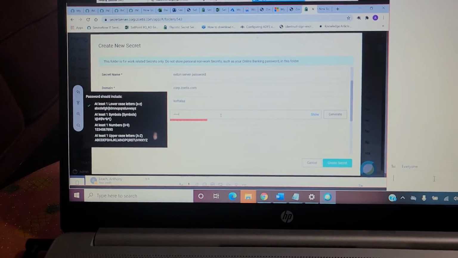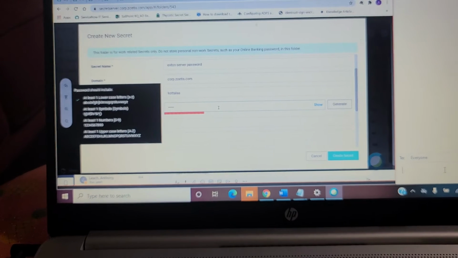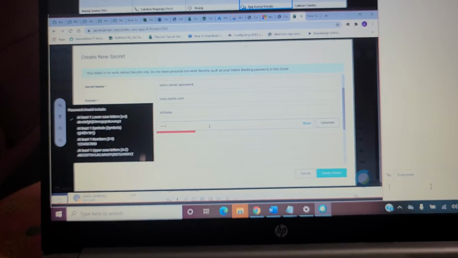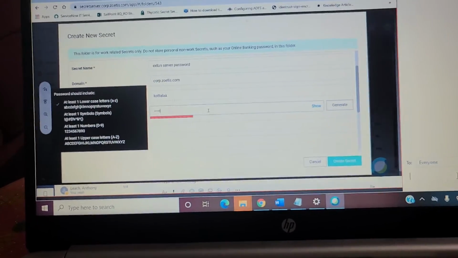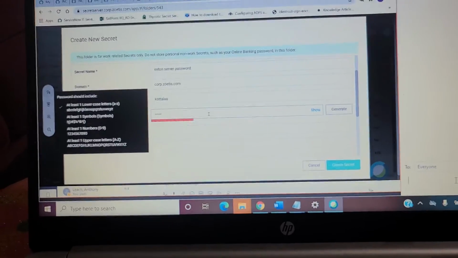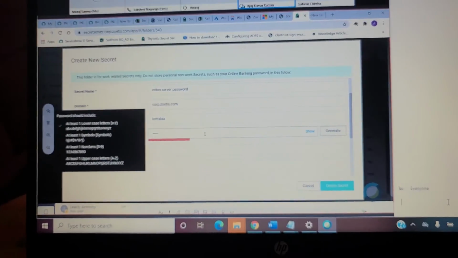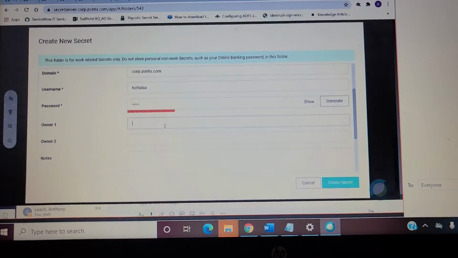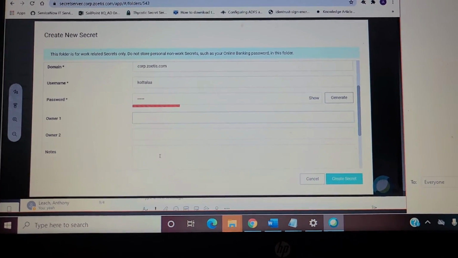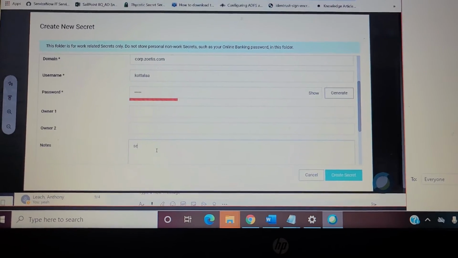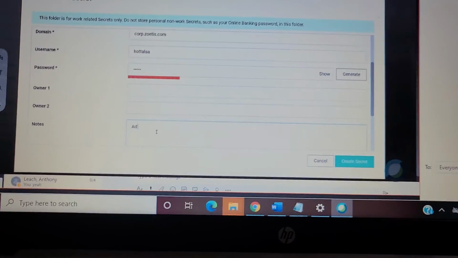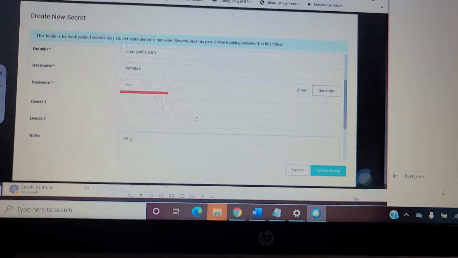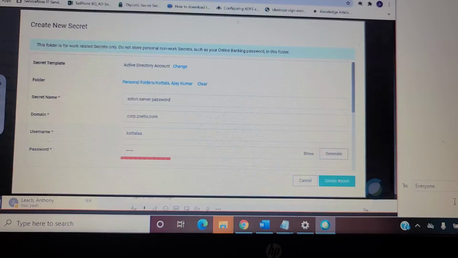And there is the checkout check-in option that Asha was telling about. There is also a checkout interval option. You can enable it for every 1 day or 2 days, so you can keep an interval where the password changes automatically in AD as well. You can play around with those in dev, and you can give notes, like some AD server related password, and I'll create the secret.